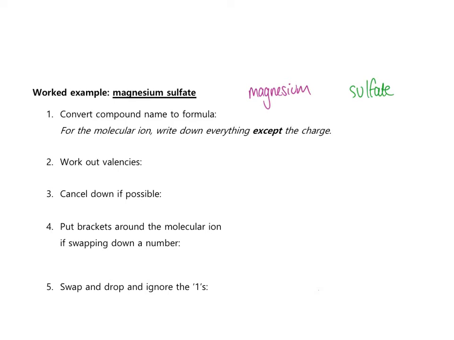So let's go back to our example, the bottom of page 7, and fill in our working out. So we've got magnesium sulfate. Again, I've just written these so I can do my working out directly underneath. So the first step is convert the compound name to the formula. So magnesium is Mg. Sulfate then, if you have a look at the back of your periodic table, is SO4,